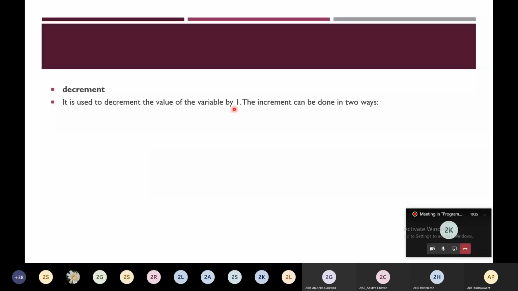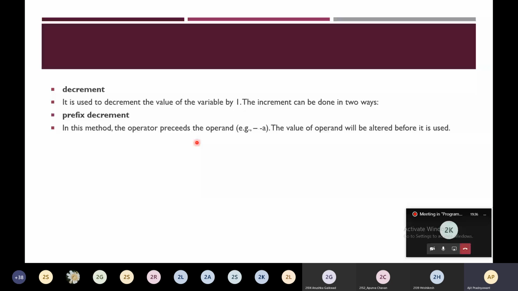Decrement operator. It is used to decrement the value of a variable by 1. The decrement can be done in two ways. First is the prefix decrement. In this method, the operator precedes the operand, that is minus minus a, and the value of the operand will be altered before it is used. Just see with the help of an example.